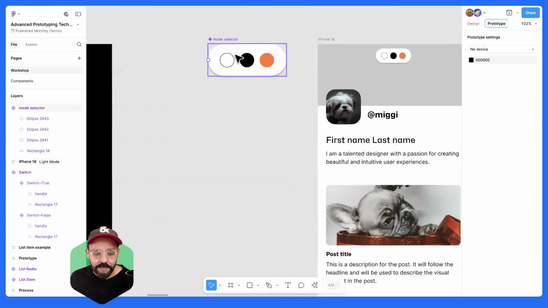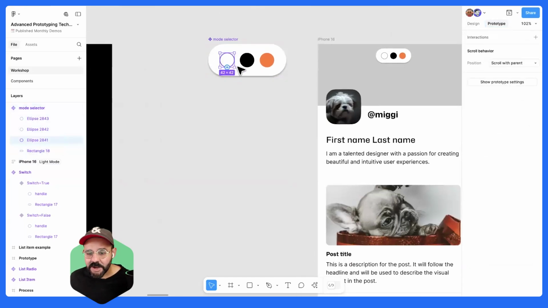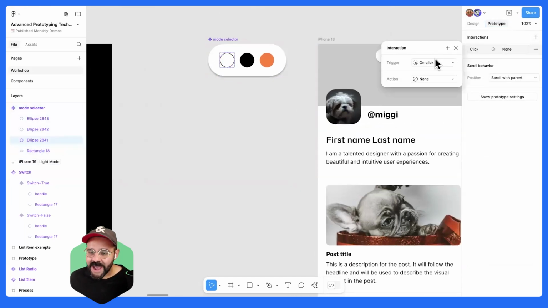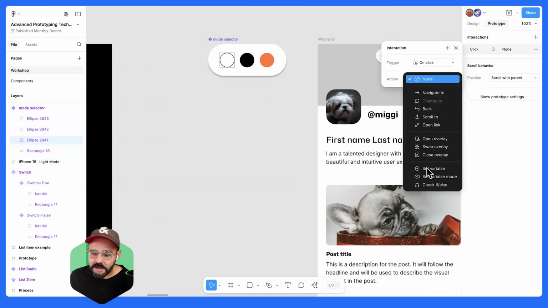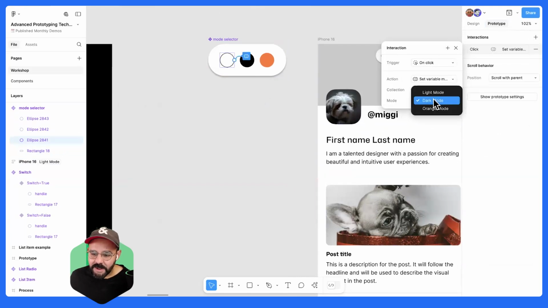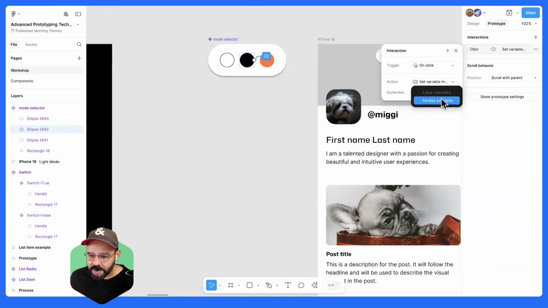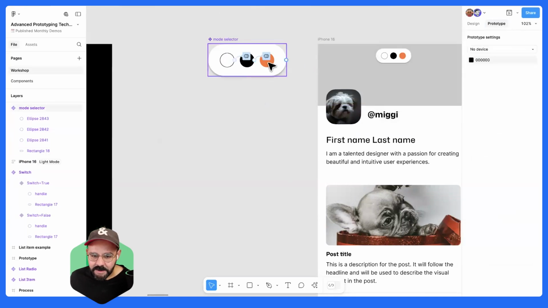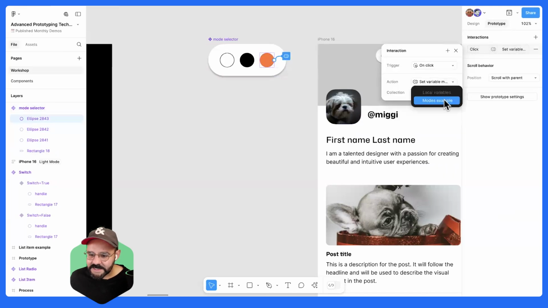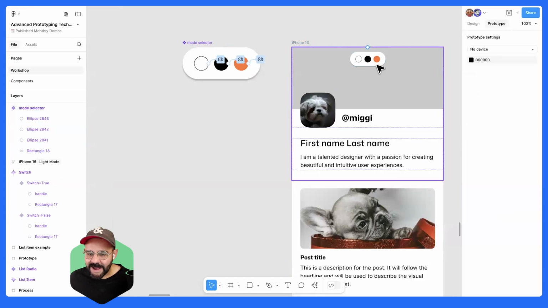And now in prototypes, this is a newer feature where you can create an interaction. So on click, set variable mode, I could set this white one with light mode. I can set the same thing here. I'm just going to copy paste to save time. I'm going to set this to modes example and dark mode, and paste here and set this to modes example orange mode. So now that I have that set up,